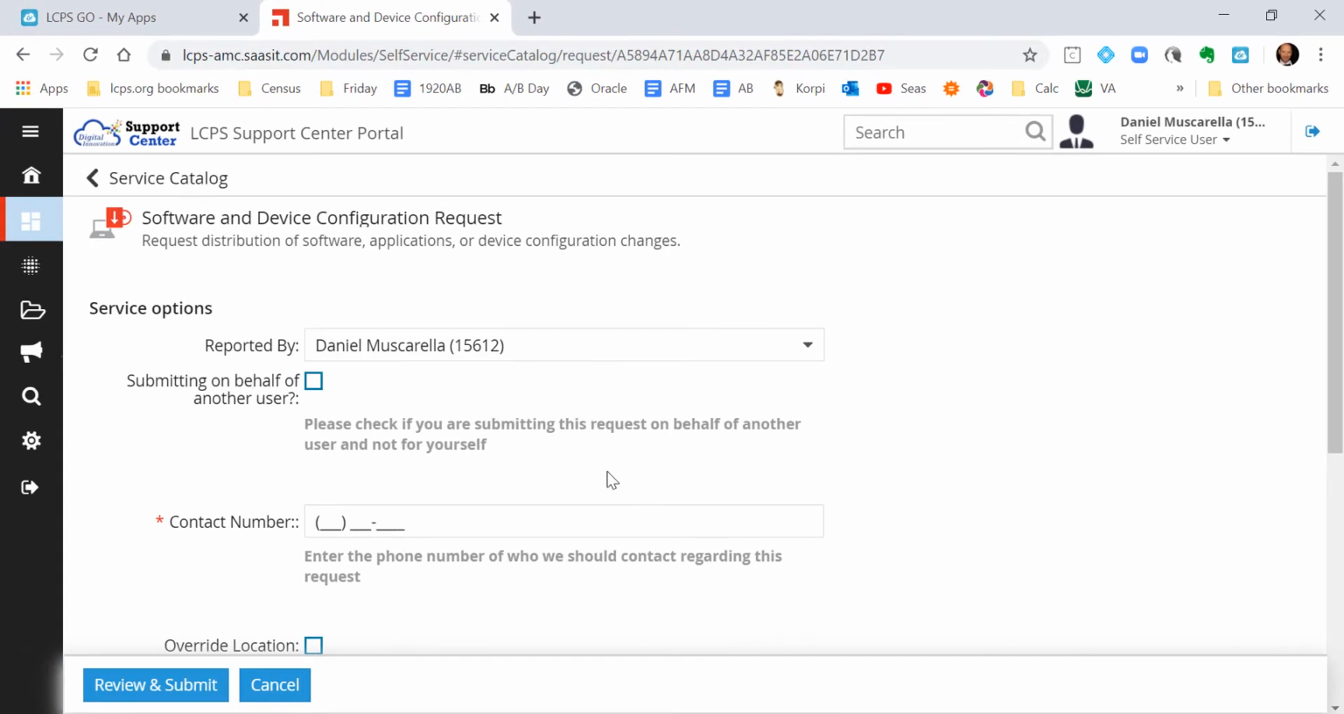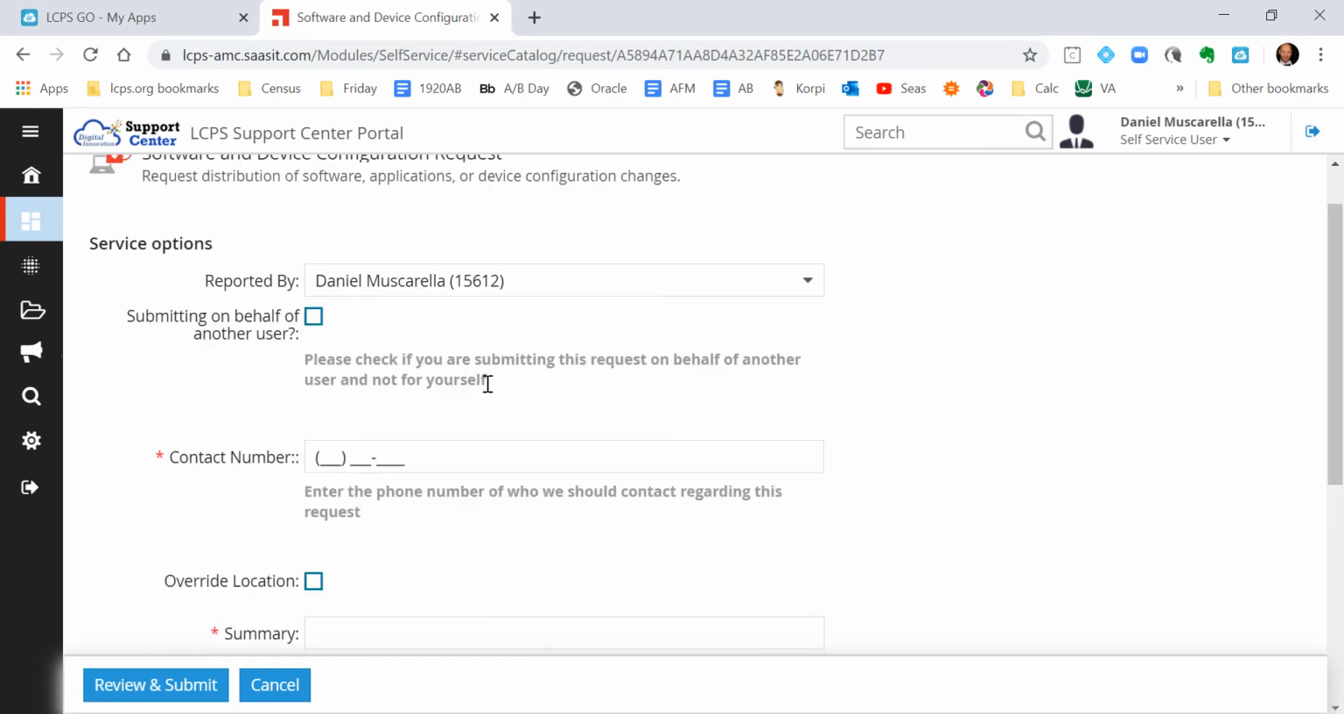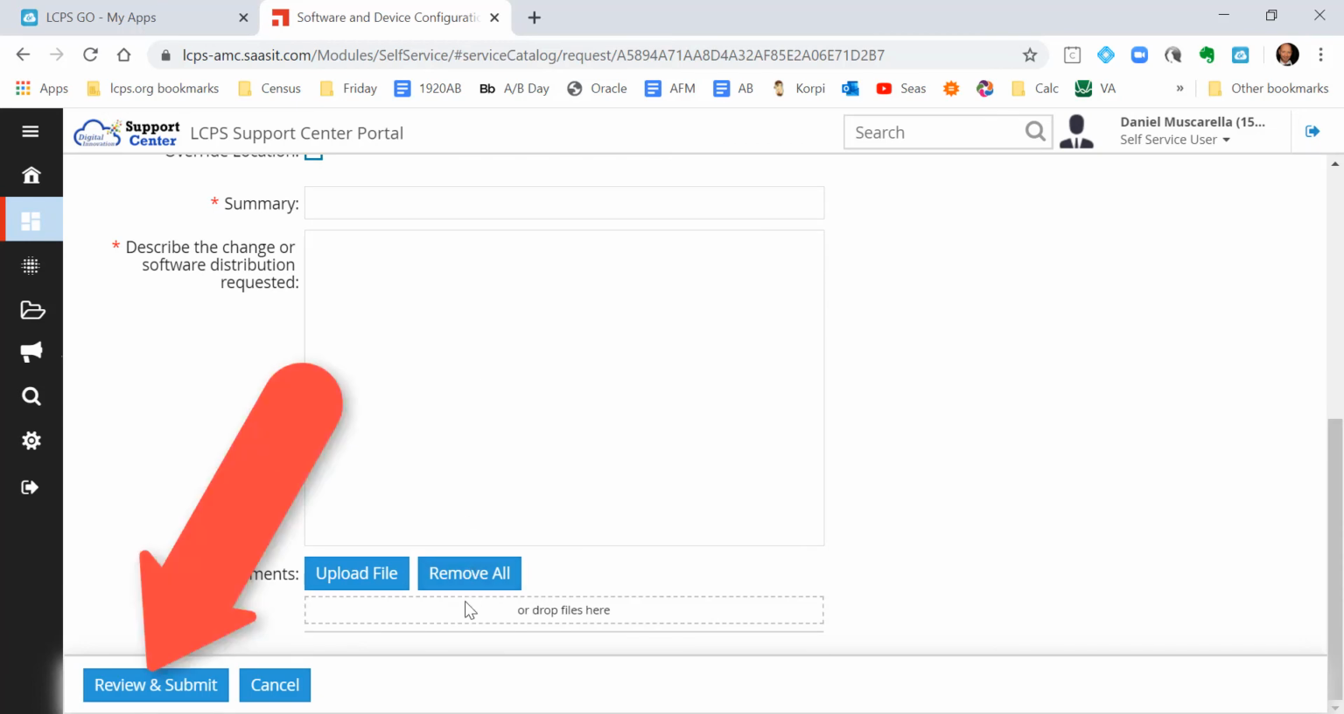From here, what you're going to do is fill out the information provided in the file. When done, simply click Review and Submit. So that's how you submit a trouble ticket to request software to be